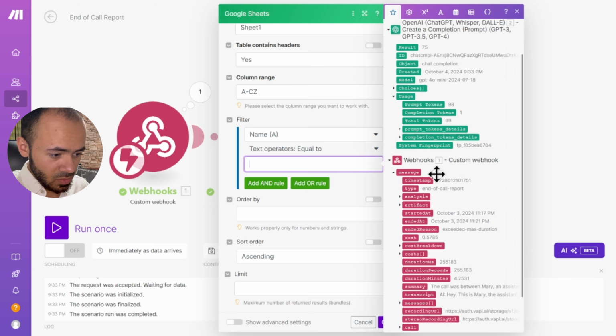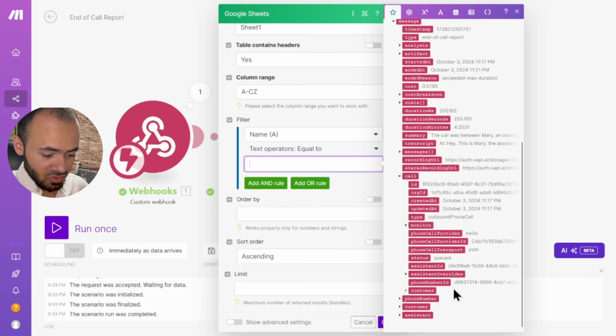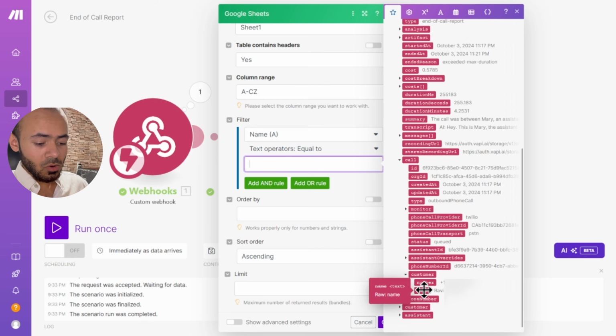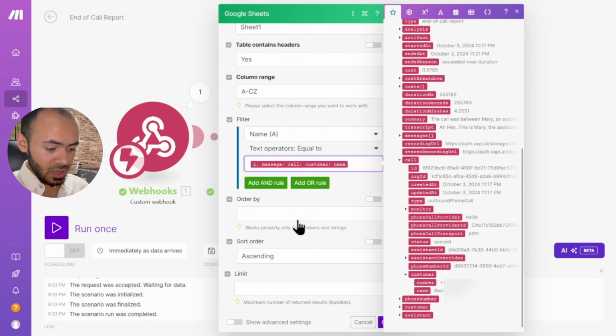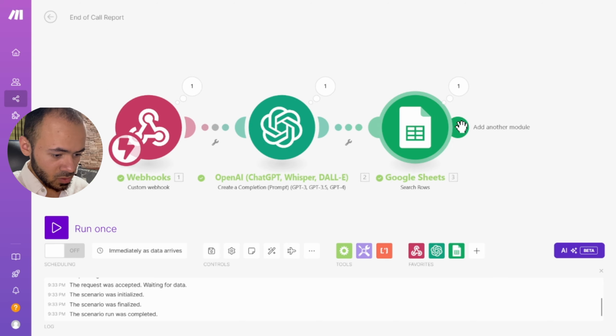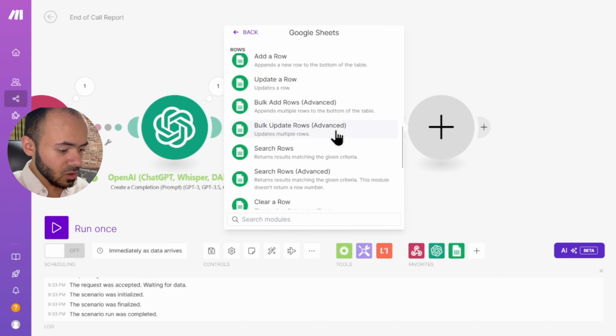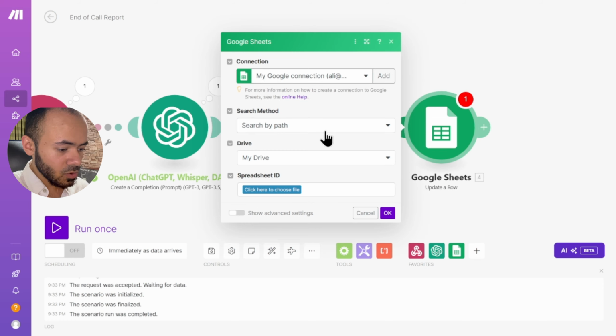So where the name is equal to the name from the call. So now we have the call variable, and in here we have the customer variable. With the customer variable, we can get the name and the phone number, which is perfect for what we need. Okay. So now that we have the lead that we want to update, we can click update a row,